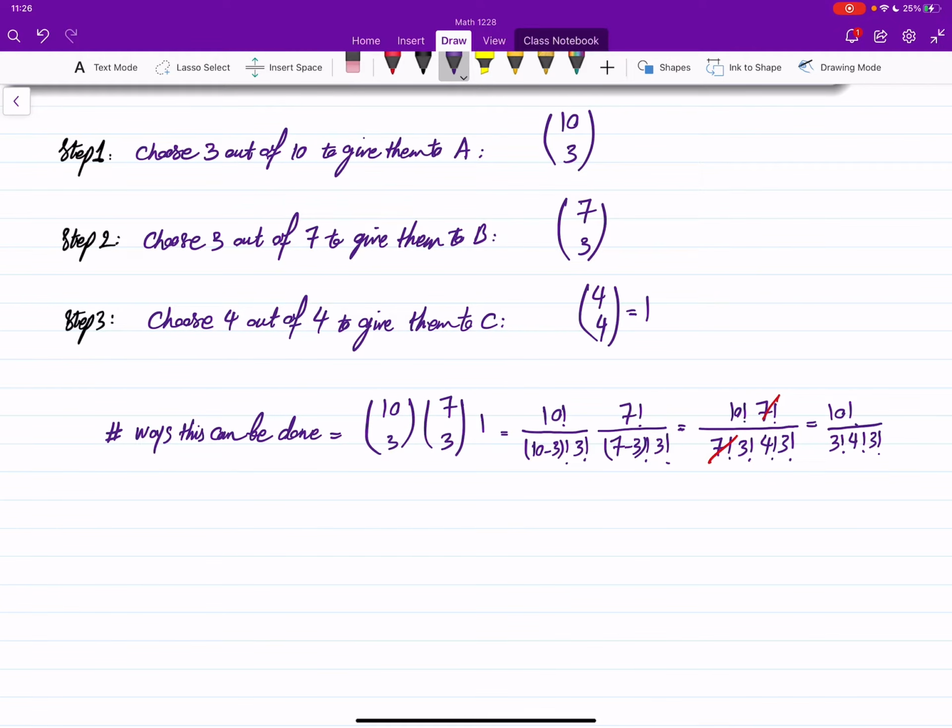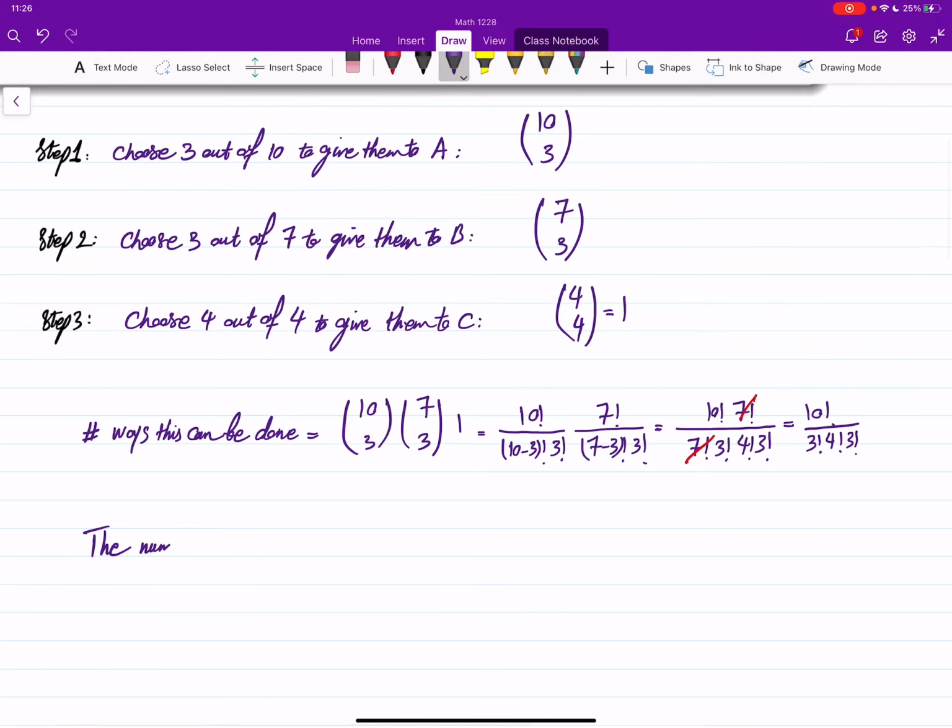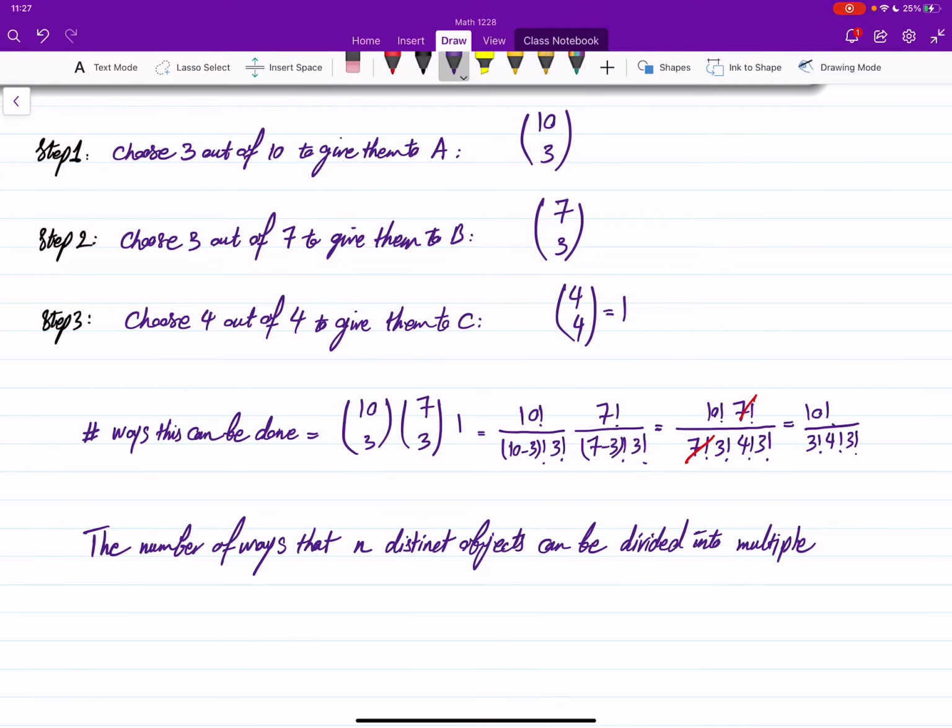Okay, so the number of ways that n distinct objects can be divided into multiple distinguishable groups,